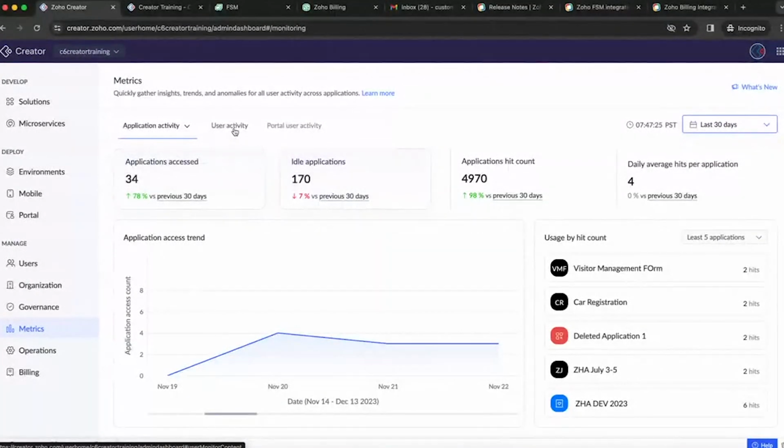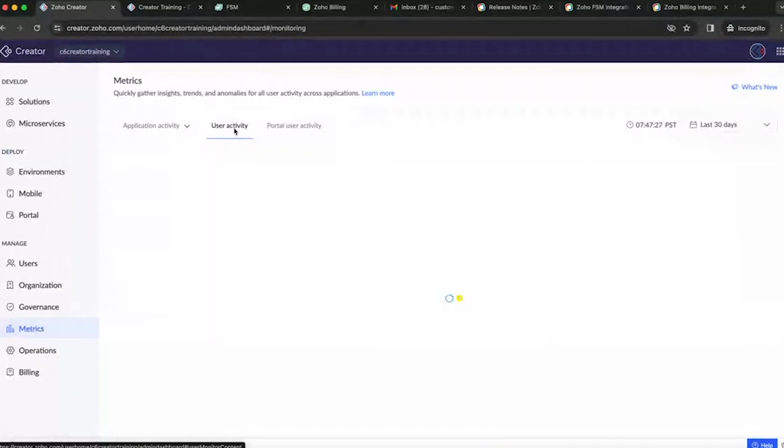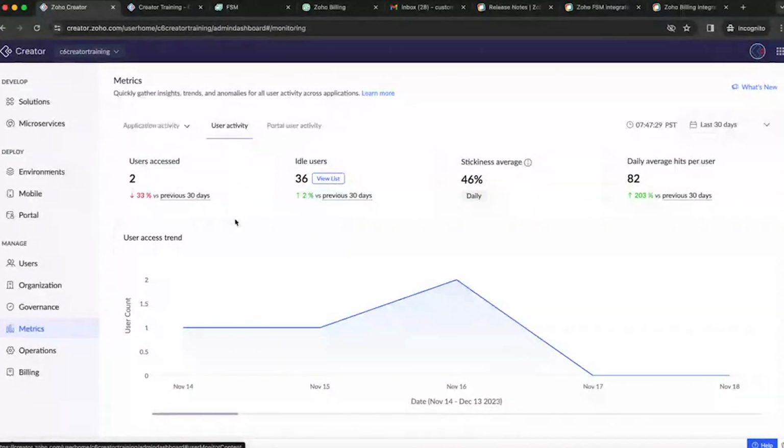Then we have the user activity. Inside the user activity, we can see the user access count, and then we can see the idle users, stickiness average, and the daily average hits per user. The user access count is counted whenever a user enters live mode. And then we have the